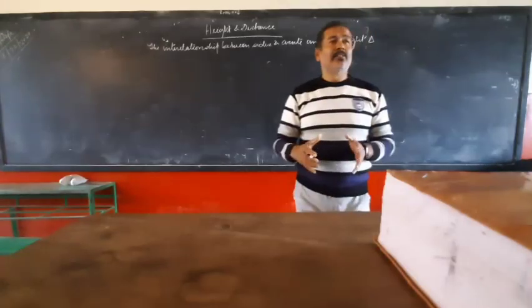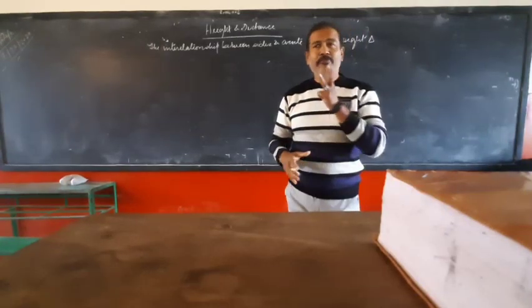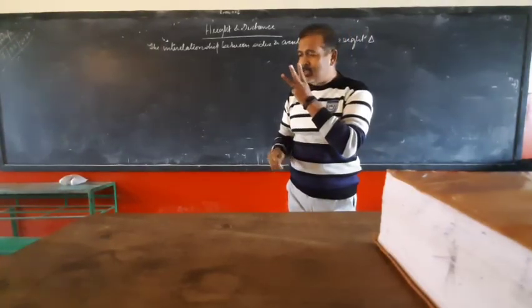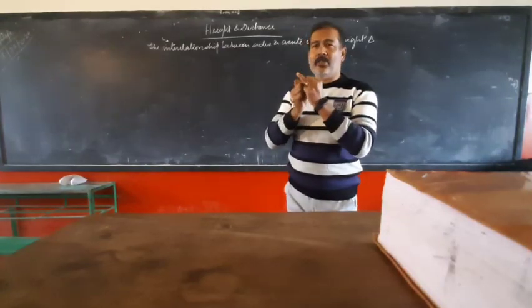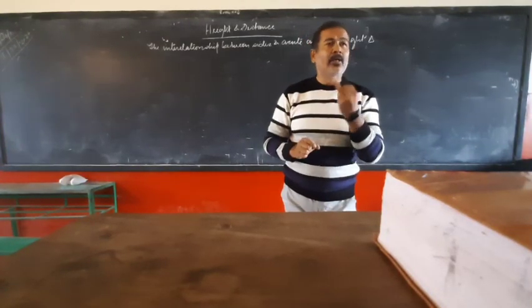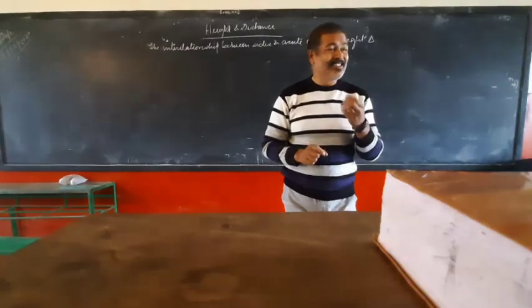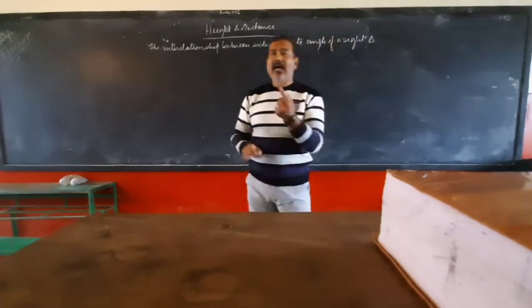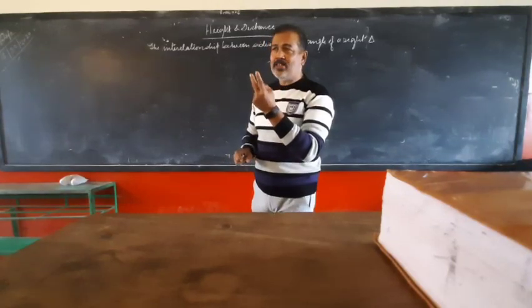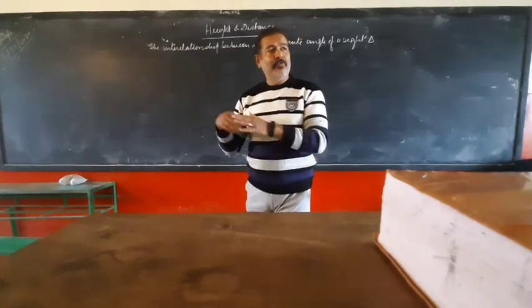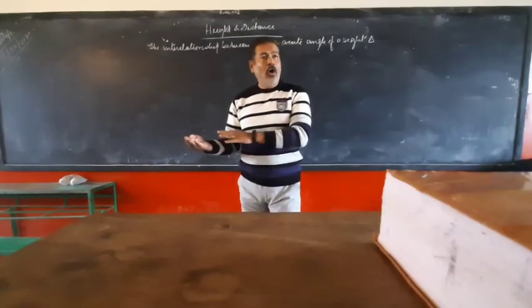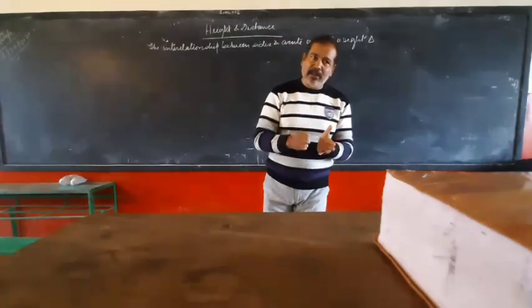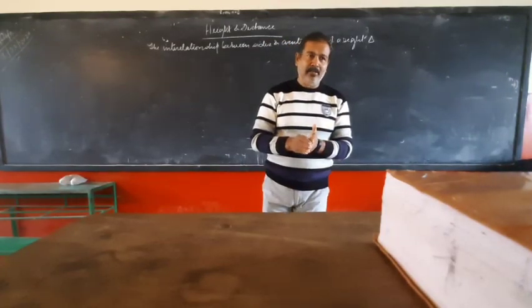Questions of height and distance are very easy. Out of 3 pieces of information, 2 are given, then you have to find the third. What are these 3 pieces of information? One of the acute angles is given, and out of the 2 sides, one side is given, you have to find the third side. Or both sides are given and you have to find the acute angle.